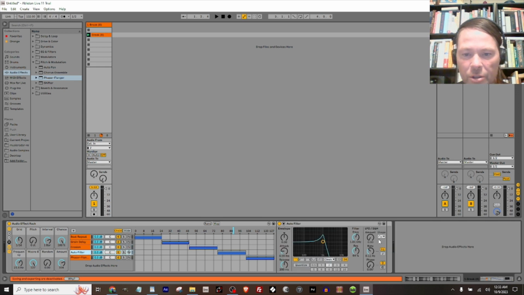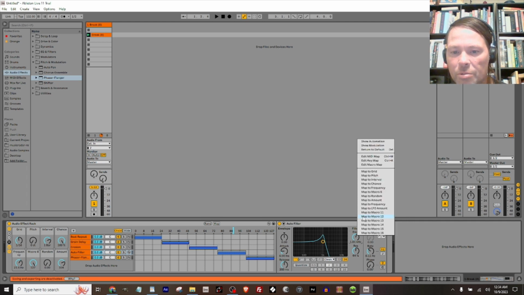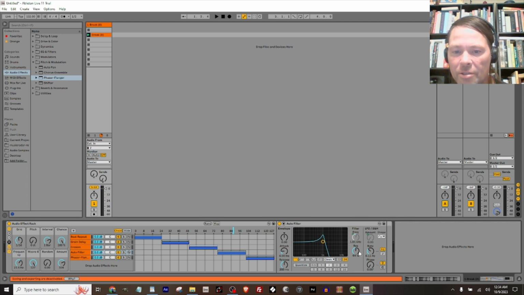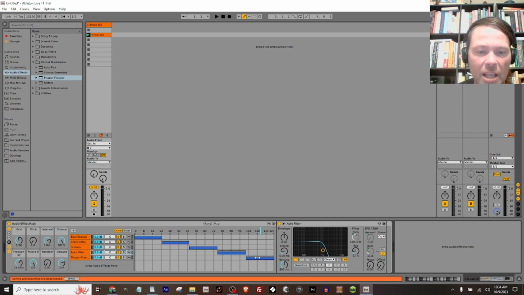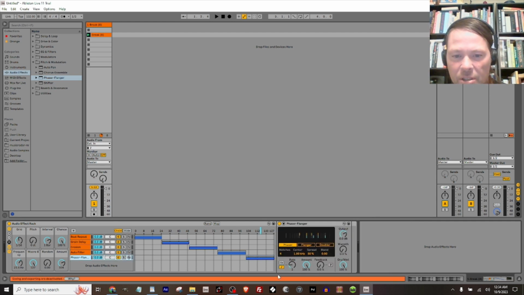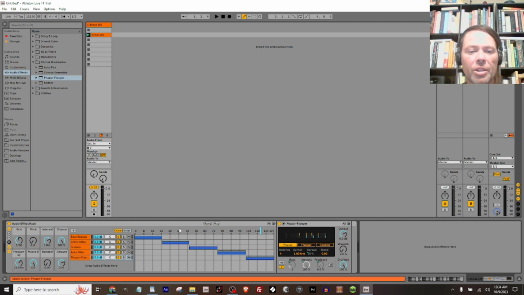The next one, auto filter. Let's do the amount of the LFO to macro 10. Let's do the frequency of the filter to macro 11. I'm going to leave the resonance down because I don't really care for it that much. Let's change this to sync, and let's set the rate to macro 12. And then on the very last one, phaser, let's send the rate to macro 13, the amount to 14, feedback to 15, and let's just do the spread actually to macro 16. Now, if we listen to these,